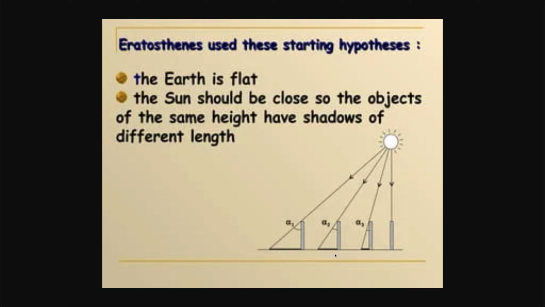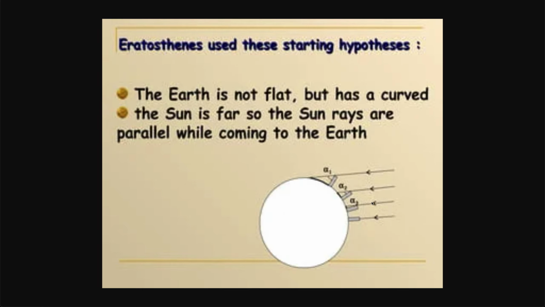And he needed to go to how would the shadows happen on a globe. So he went to a mathematical situation away from reality, the very thing he used to measure his 500 mile, which is a right angle triangle horizontal baseline. And he went to, if the sun was really big and far away, and the Earth was a globe, then the angles to the shadow lengths for objects of the same size placed in different places